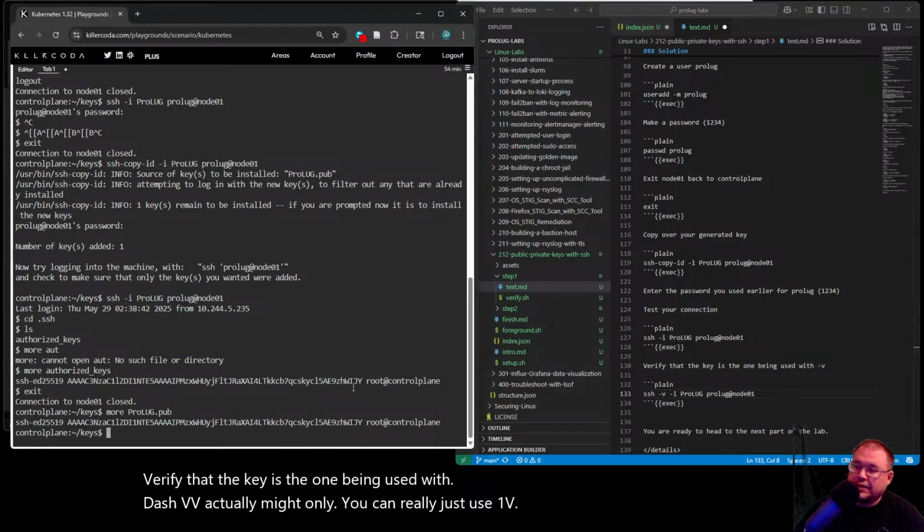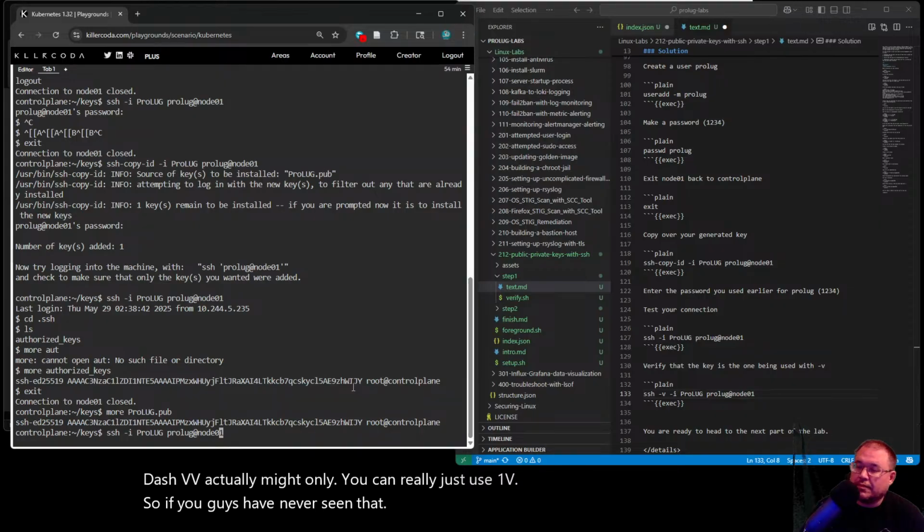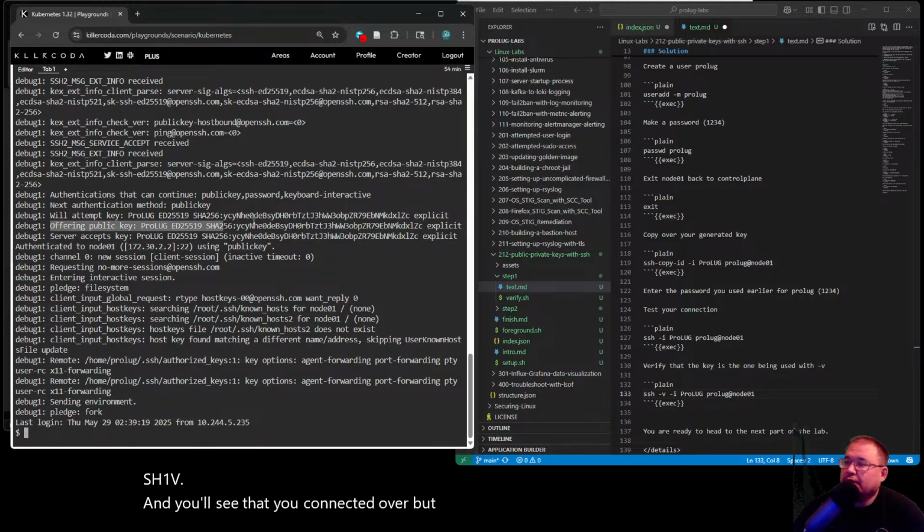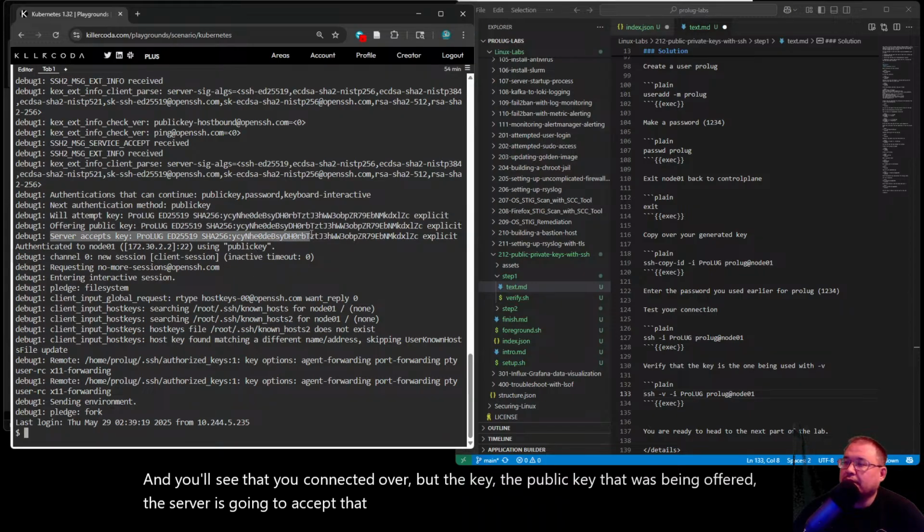If you guys have never seen that, SSH -v, and you'll see that you connected over, but the public key that was being offered, the server's going to accept that key.